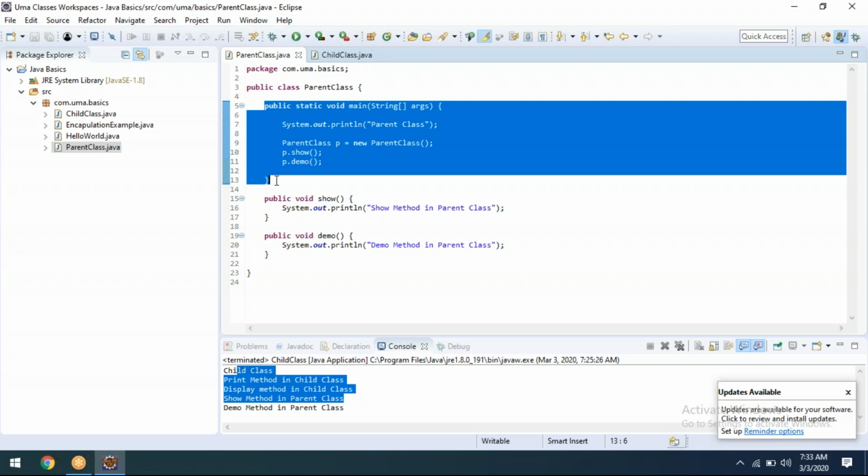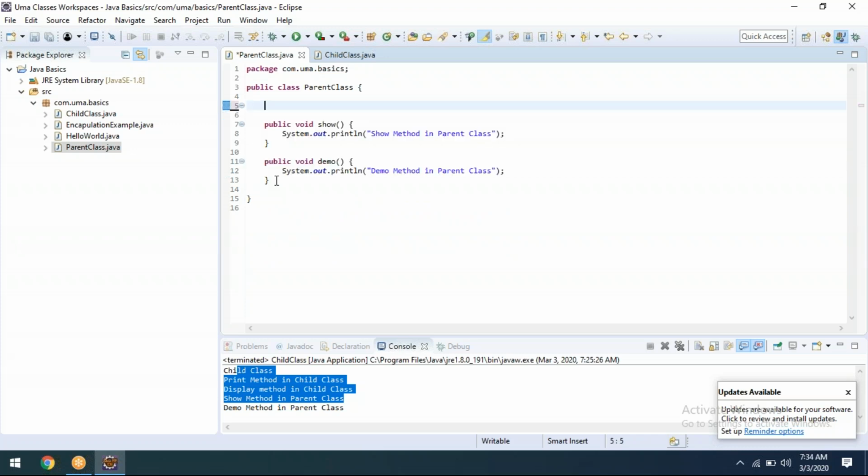See here, one thing we need to understand. Whenever we have a main method in all the classes or individual classes, then that is called an independent class, and we are able to run that without any issue. If I remove this main method in a particular class, then we are not able to run that class.